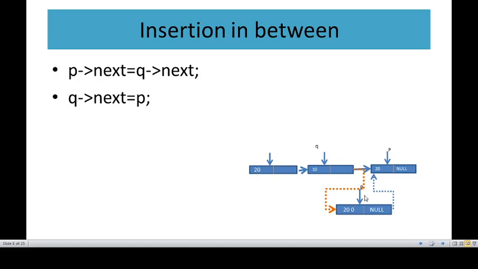Now we will convert this. This is your Q. We will consider this new node as our P. Initially this is P. So the Q pointing to this location, but now we will break this and now this new P will point